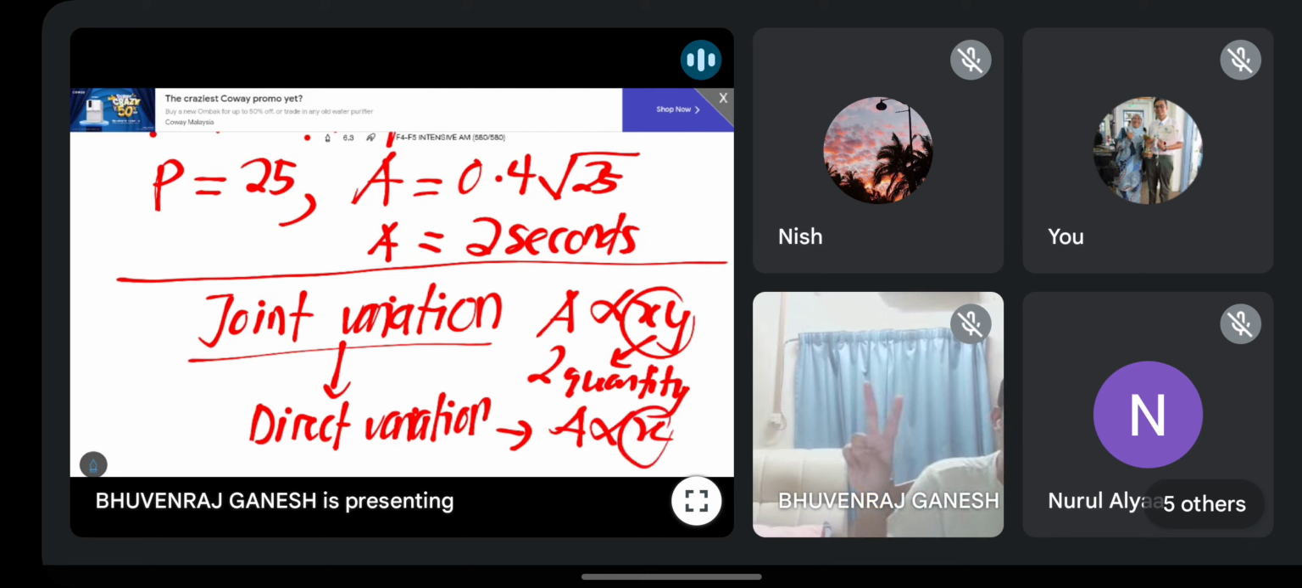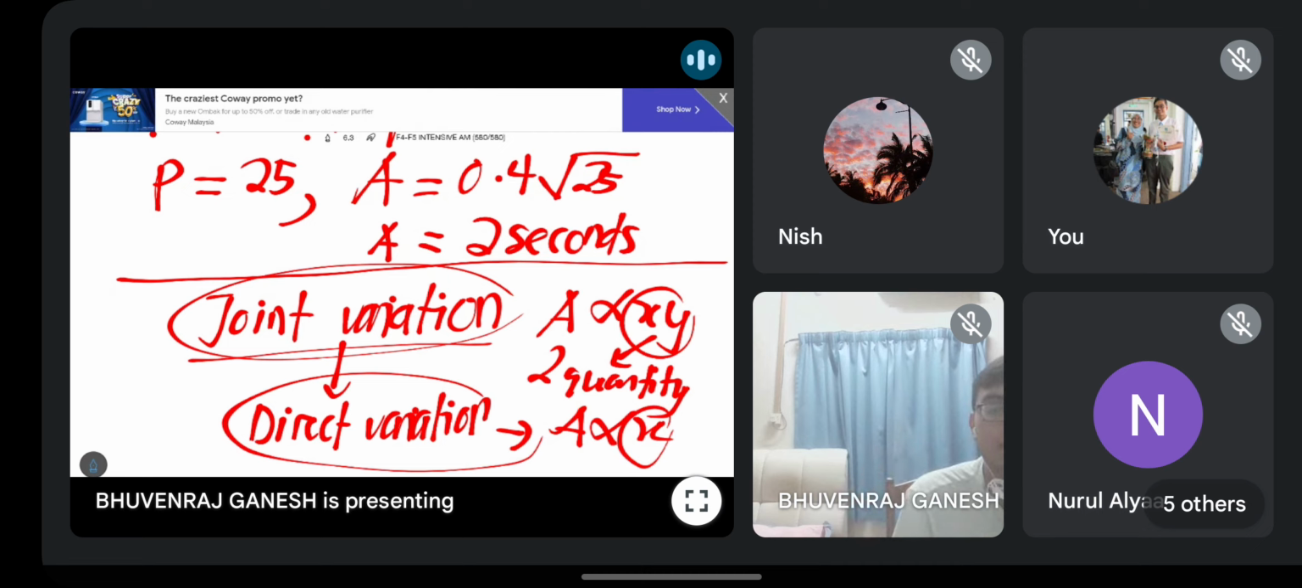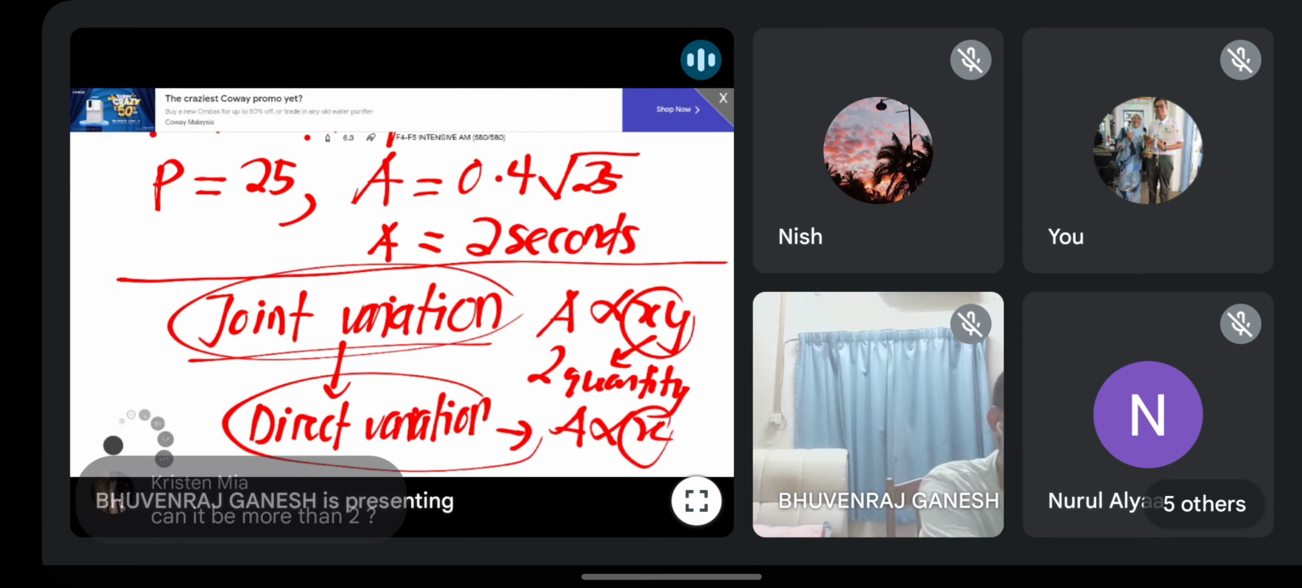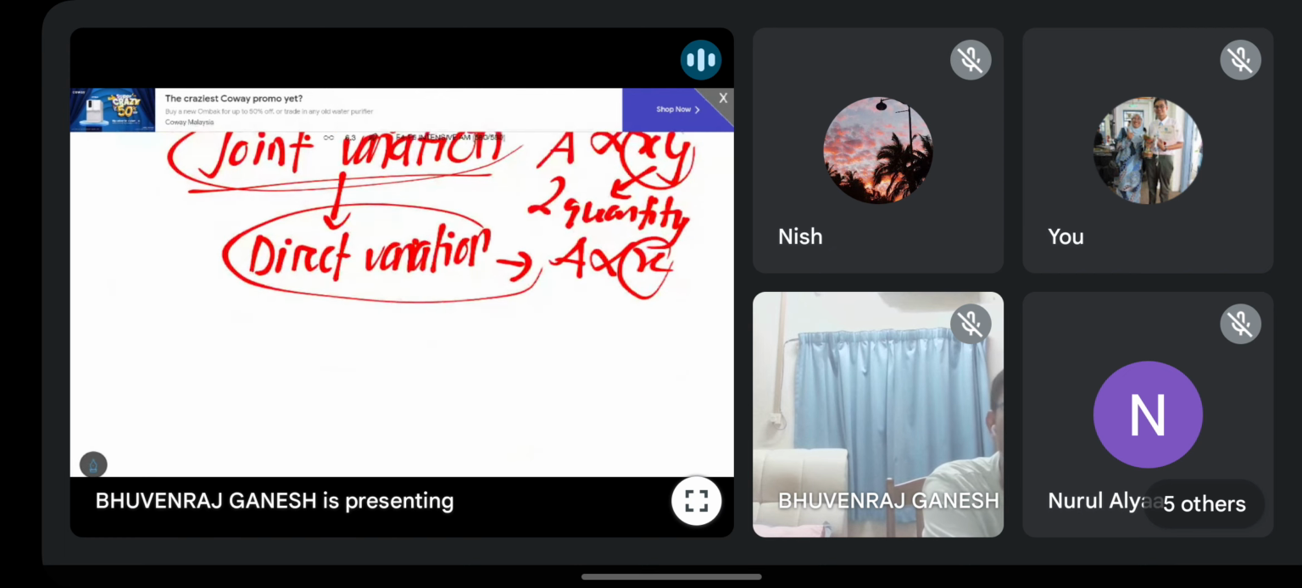Joint variation, ubahan tercantum ada dua quantity. Direct variation, only one quantity. Okay, so basically, joint variation is a type of direct variation. Ubahan tercantum ni adalah salah satu jenis ubahan langsung. That is the concept you all must understand. Okay, it's just one type. Of course, why not? You can have as many as you like, but in your syllabus, they only involve